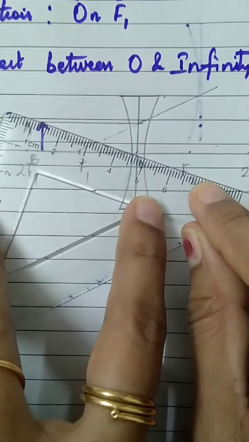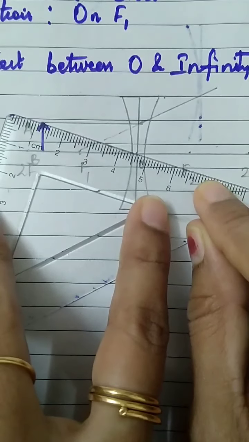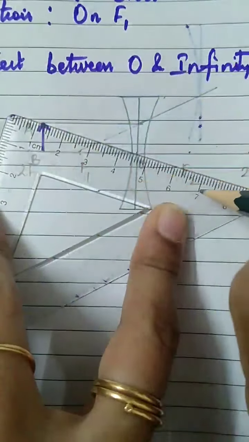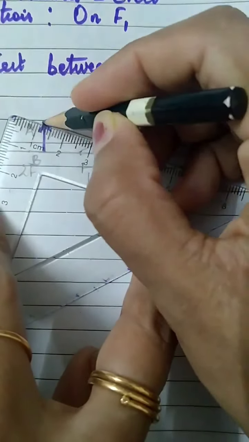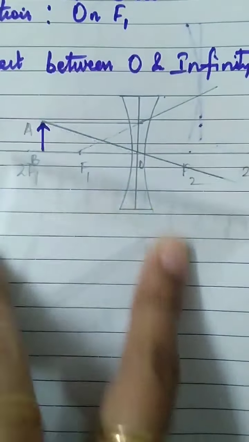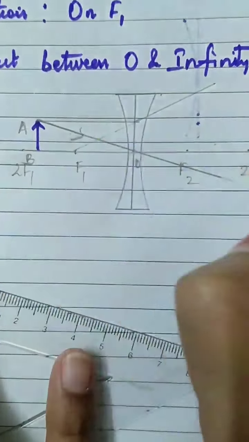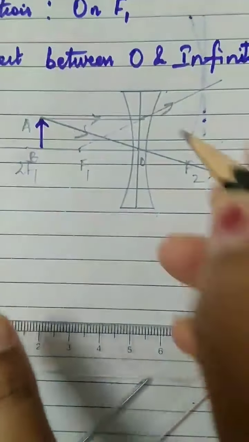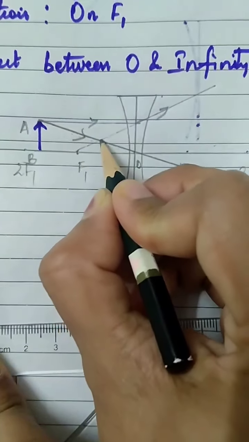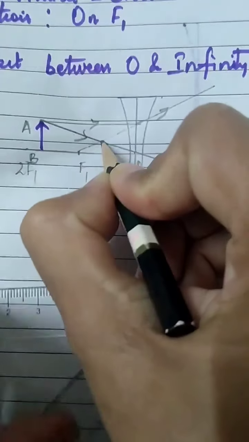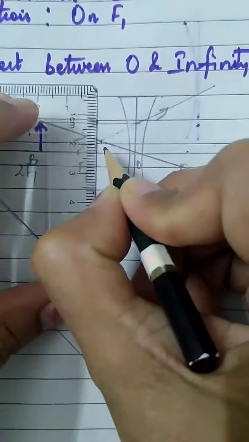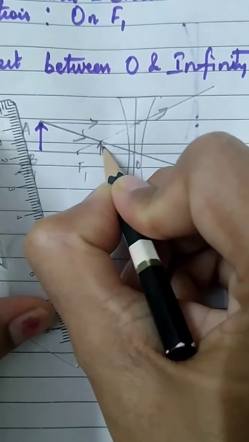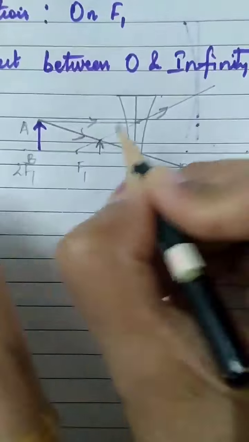Now the second ray goes through the optical center from the object. Let it go through the optical center. Correct, no? I have kept the scale correctly. So this is the ray going through the optical center. It will trace the same path. Show the arrow, children. Where are both the rays meeting? The point of intersection is here. So here you will get the image of the object. Image of this object will be here.